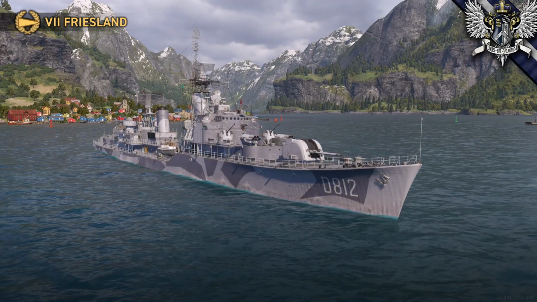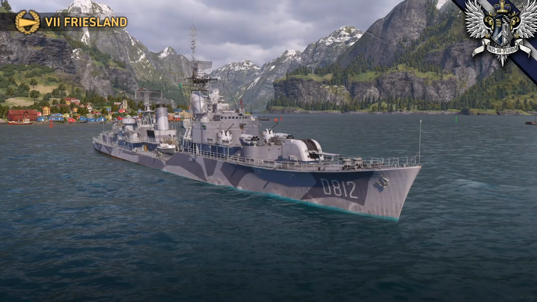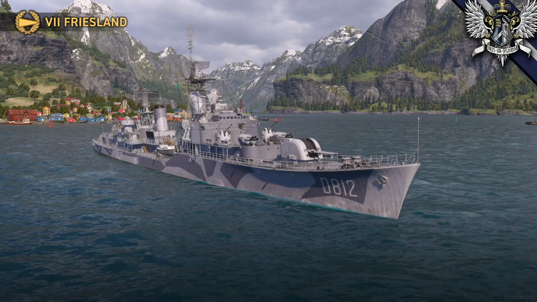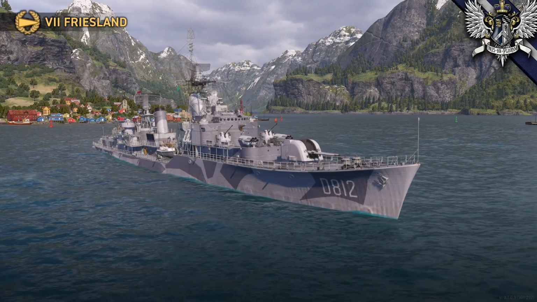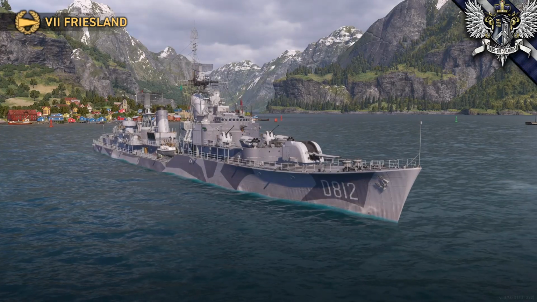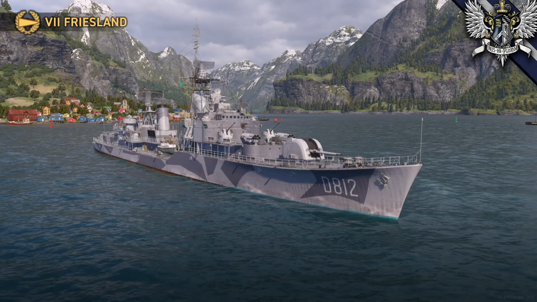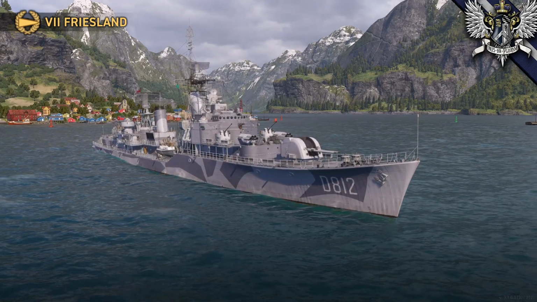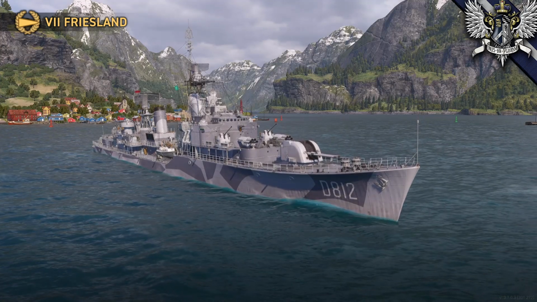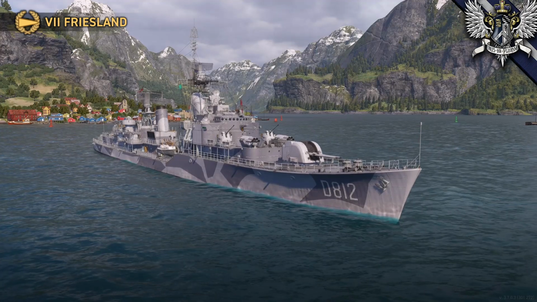The version of the Friesland that we have in-game is near about what it was in its original configuration. The B-class hunters would see a refit in 1963 to replace some of its depth charges with torpedoes, which at that point were considered a better anti-submarine weapon. The ships spent much of their time in port due to budget and personnel constraints on the Dutch Royal Navy, and as a Cold War vessel, there was not a lot of major published naval engagements involving any warships, much